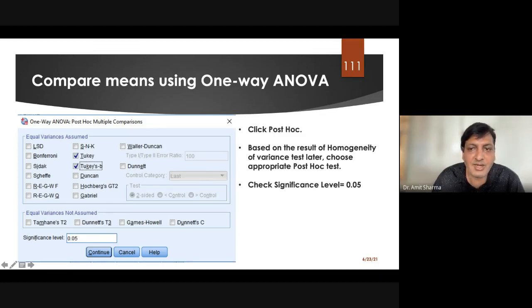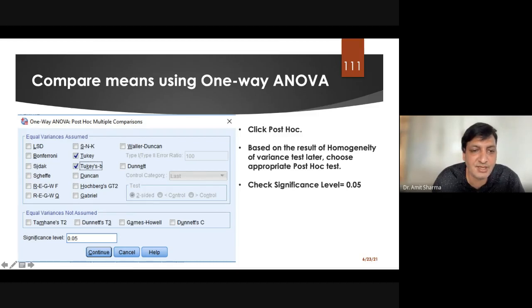But whenever you write the results of your thesis or research project, you have to write that the post hoc test was by Tukey or by Dunnett, that is, whose equation you followed to apply the test. This you have to remember. The most common option chosen by academicians is Tukey, this one.